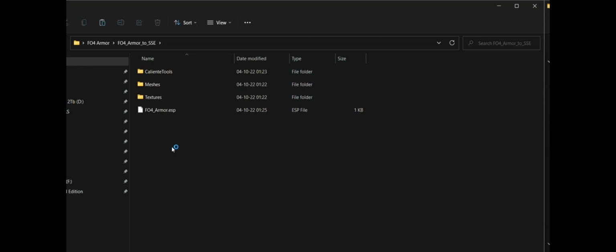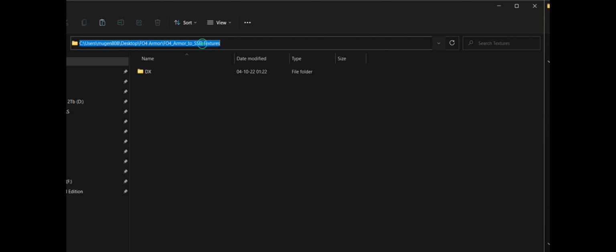Right, now let's check for the textures. Sometimes the texture might not be natively compatible from other game to Skyrim. So to do that, go to your texture folder in your mod folder and memorize the path, copy it. Next, we are going to open NIF Optimizer.